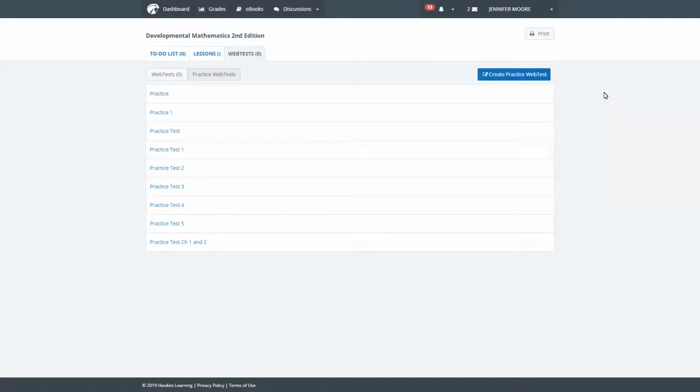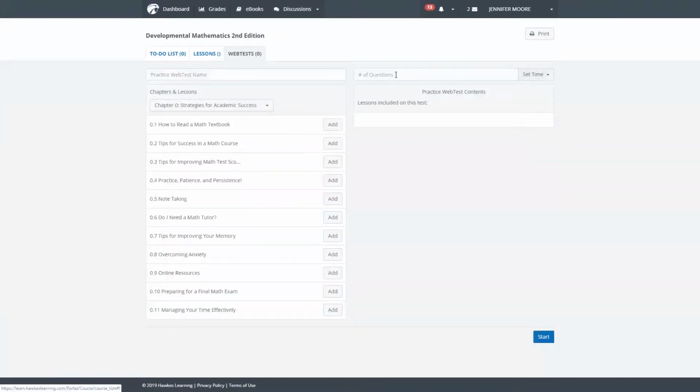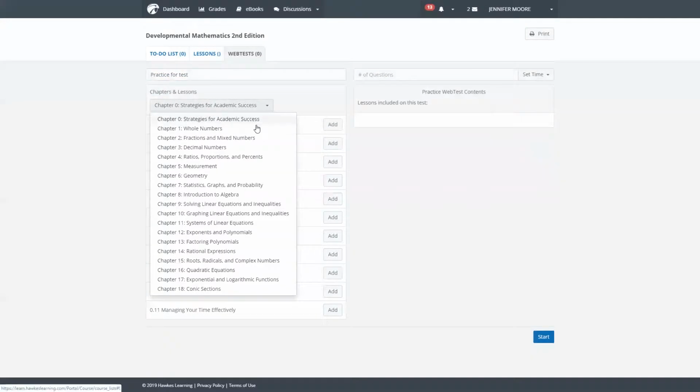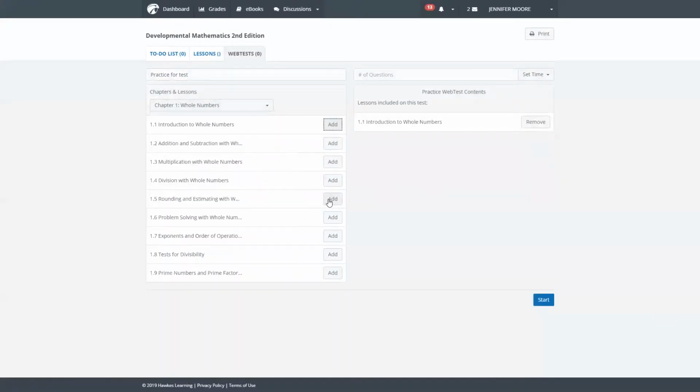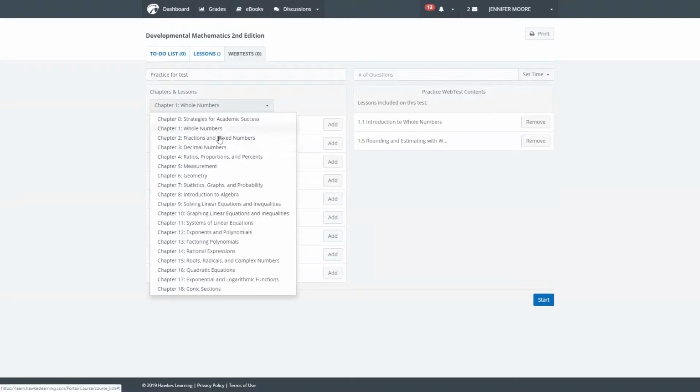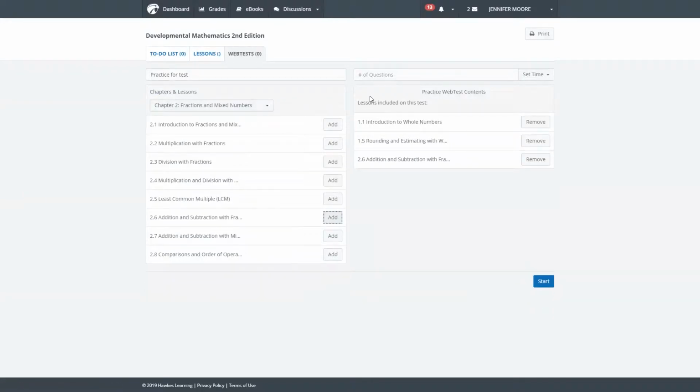Students can create practice tests for themselves in order to prepare for graded assessments or for additional practice outside of homework. To start, they enter a test name. They can then select the chapters and lessons they would like included on the test, specify the number of questions, as well as a time limit if they would like to mimic a timed testing environment. They can then select the Start button in the bottom right-hand corner of the screen to begin the practice